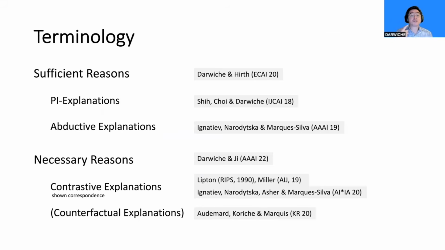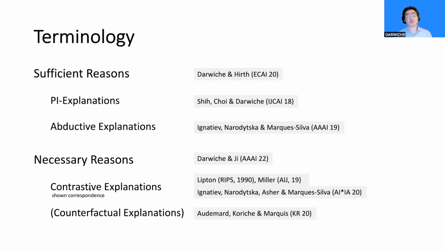But let me just say a word on terminology, because that gets confusing in the literature. We did introduce PI explanations, as I said, in this paper, 2018. And then later we call them sufficient reasons. And I hope you understand why, because the notion of sufficient reason, necessary reason, complete reason makes sense. Later, people call these abductive explanations. You're going to find a lot of papers in the literature about abductive explanations. These are PI explanations as we introduce them, or what we now refer to them mostly as sufficient reasons. Necessary reasons, as I said,